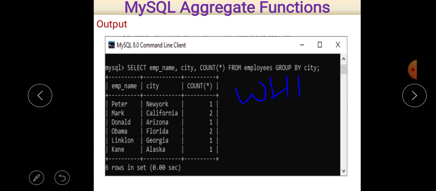So I just put where city equal to New York. So in this case, only the employees belonging to the city New York will be counted and form a group, and only this record will appear as the output. Okay, I think it is clear to all of you.